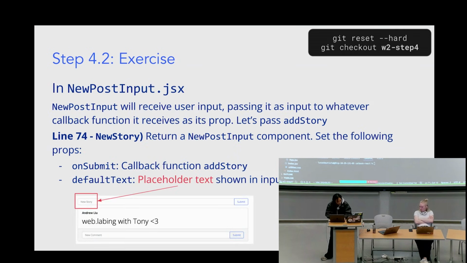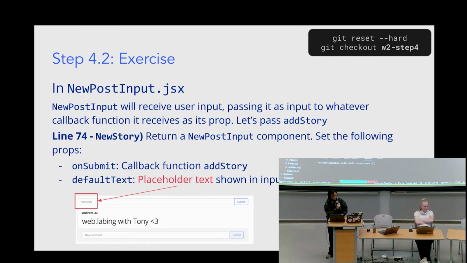In this part, we're going to also be in the same file, new post input. If you go to line 74, we're going to render a new post input component. This component is one that the staff have defined for you, so you don't need to implement that yourself. But just know that it takes in a callback function, and every time the user clicks on the submit button, it's going to call that callback function and pass in the user input. So let's create a new post input and return it in our new story component and pass along